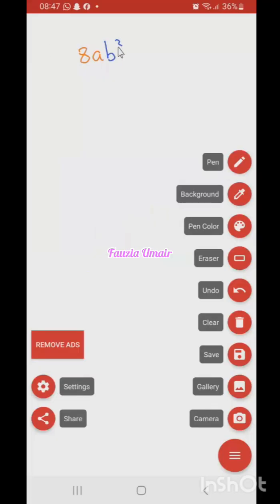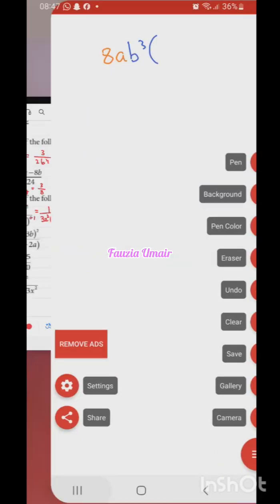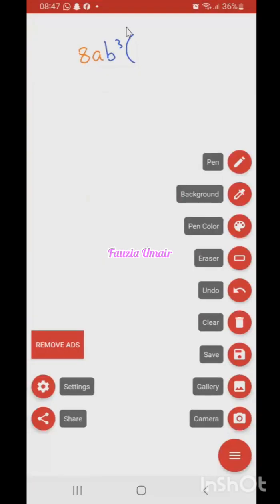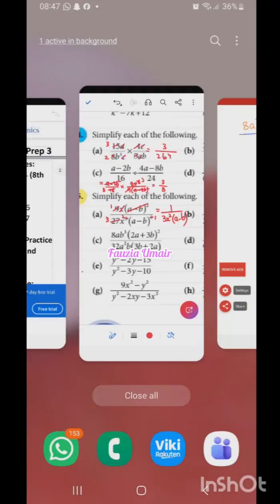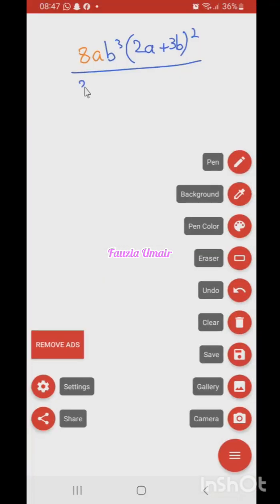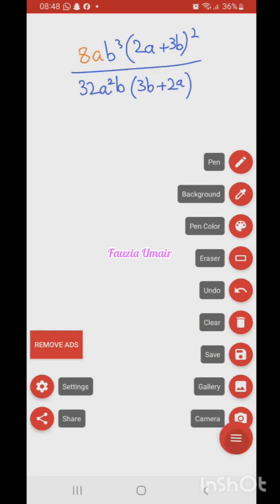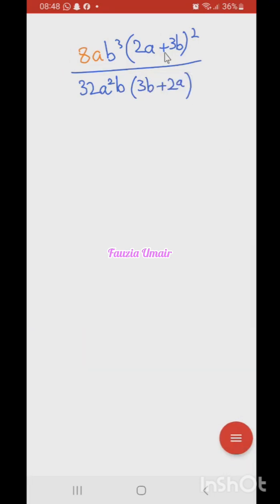8ab cube multiplied with (2a plus 3b) whole square, divided by 32a square b multiplied with (3b plus 2a). So you need to see that in addition, order does not matter. So these two are the same base. Okay, so